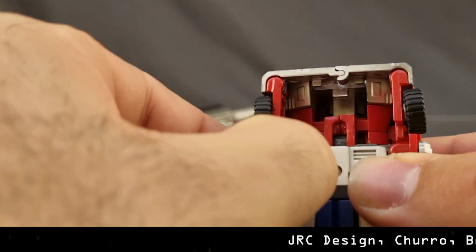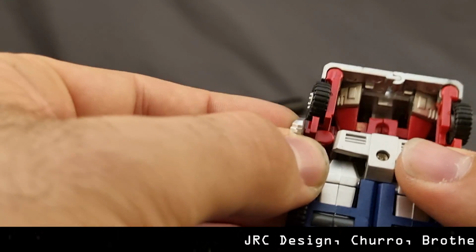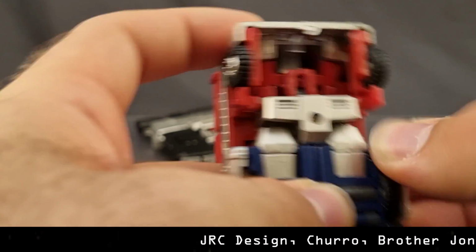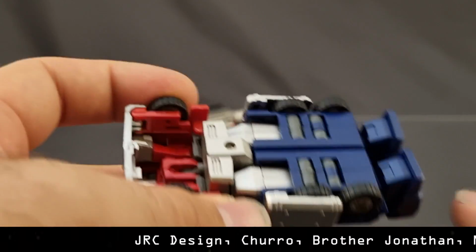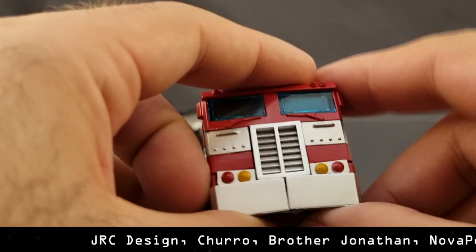Now what you want to do here is just pull the guns out a bit. They're on sort of sliding hinges. Not a fan of that, but it is what it is. And then these rotate down like so. I do wish there was a locking point for these. That's my only real gripe with this transformation, because if these locked in place, it probably would have been damn near perfect. But anyway, we can just leave the legs as is for now and come around to the front